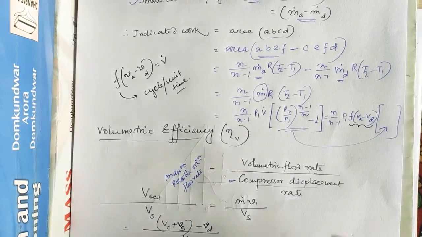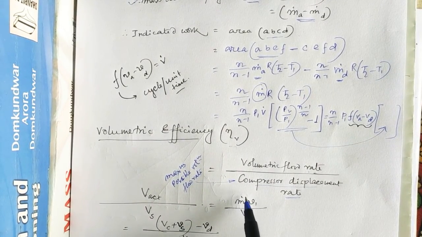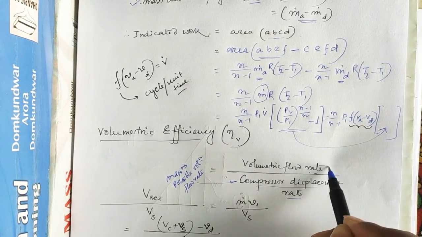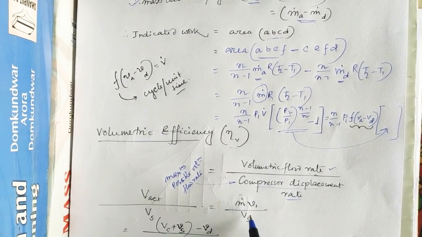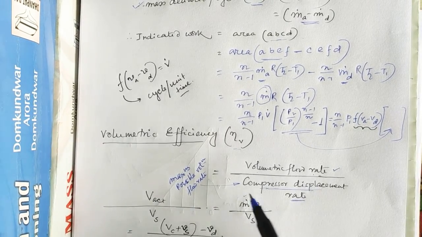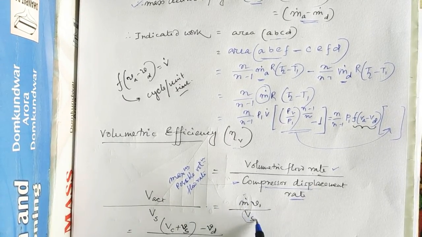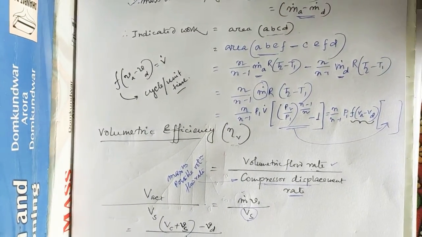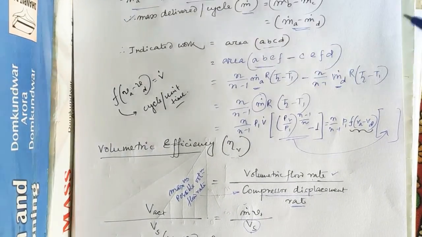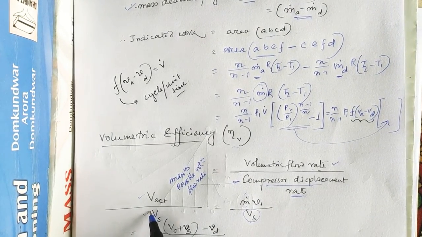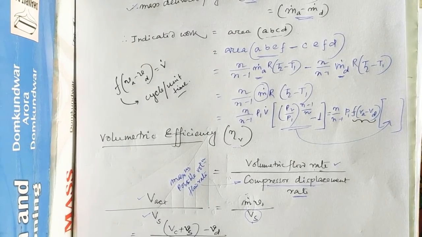Okay, so mathematically this one is termed as: m dot is the mass flow rate, V1 is the specific volume, so mass flow rate times specific volume will give you the ideal volumetric flow rate, divided by the compressor displacement rate, that is displacement volume Vd, or swept volume, or maximum possible, that is Vs. So m dot into V1 by Vs will give you volumetric efficiency. In other words, we can also say that this volumetric efficiency is the ratio of actual volume of the air handled by the compressor to the piston displacement volume or swept volume.